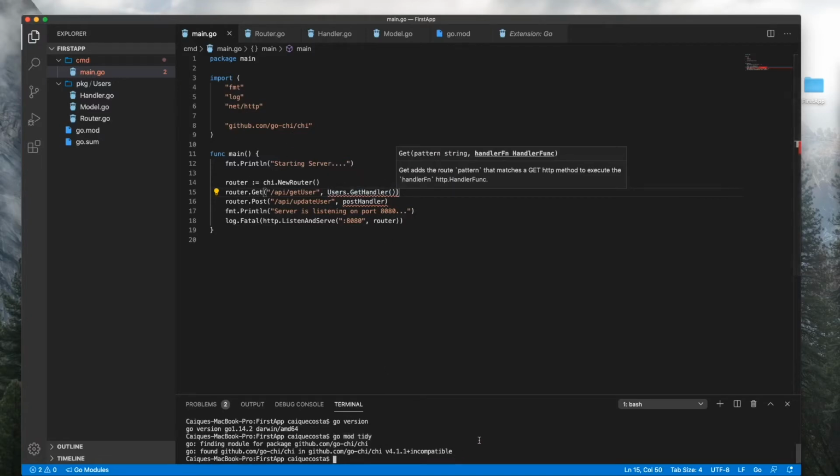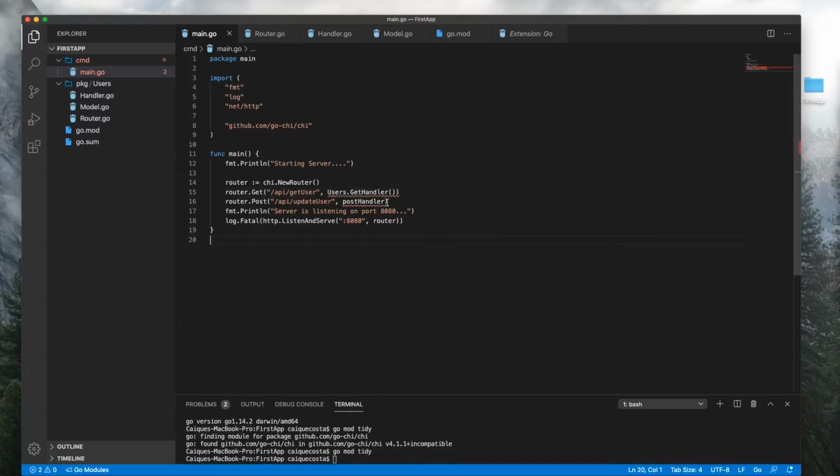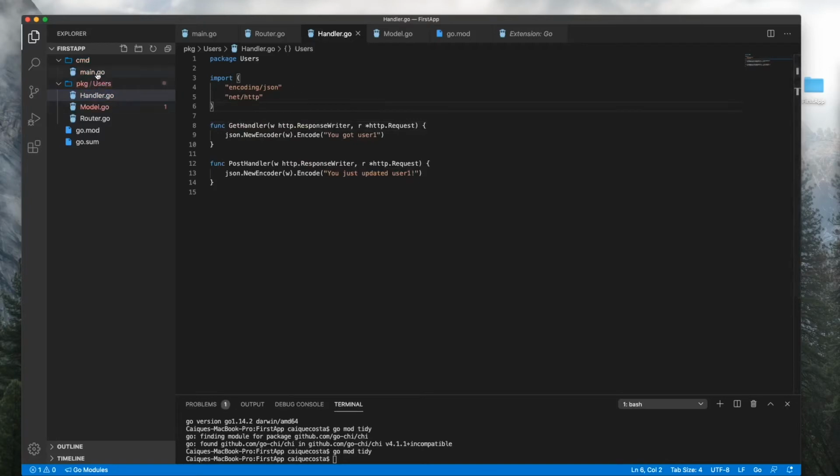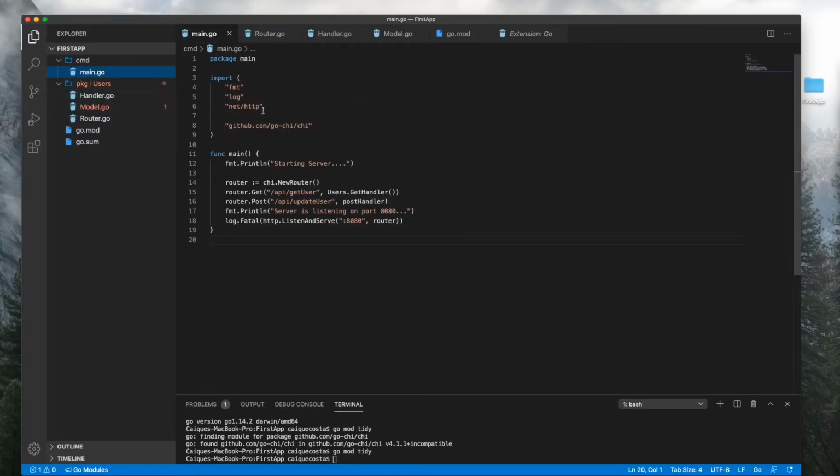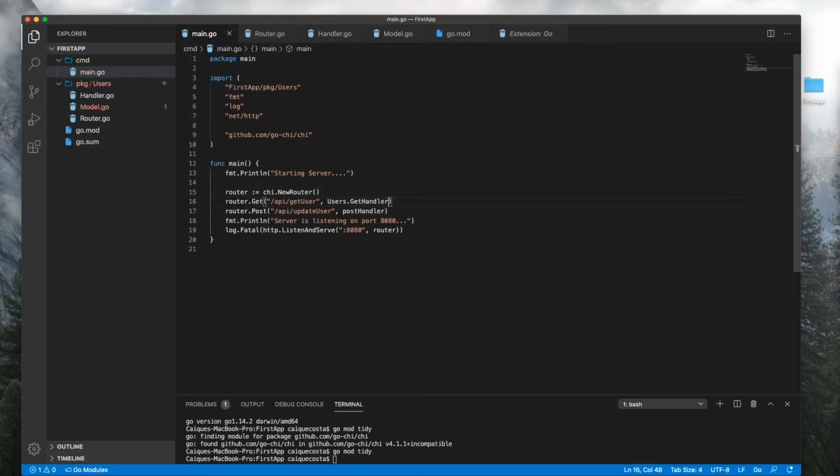Oh, I'm sorry. Since we declared a new package, we have to do a go mod tidy to make sure it's added to all of that. Undefined users. Package users main.go user. Oh, let's go ahead and do users.get handler. Yeah, okay, so imported here. Thank goodness. So yeah,